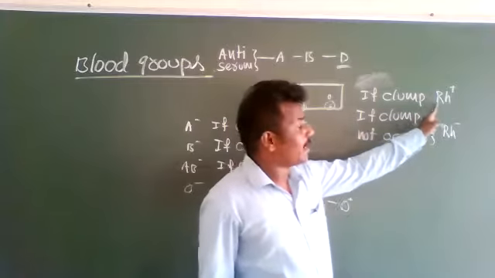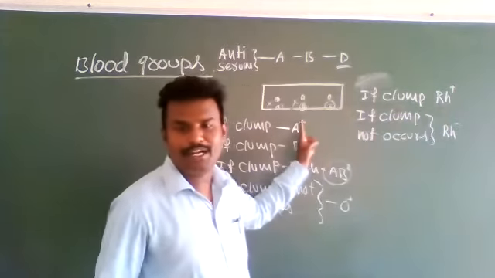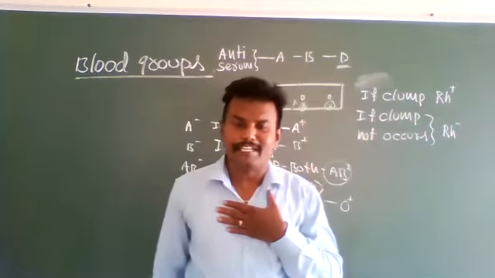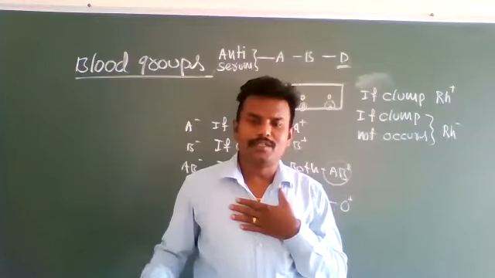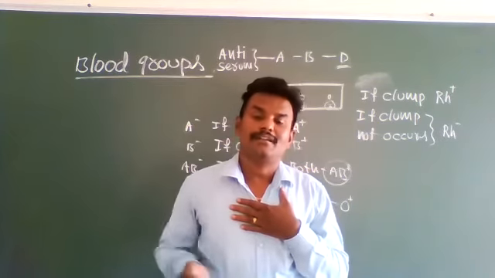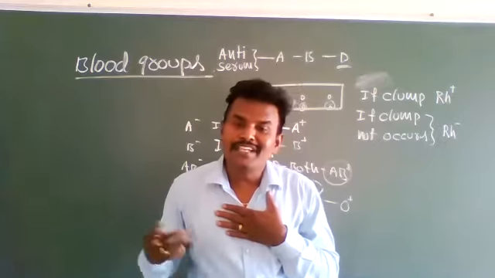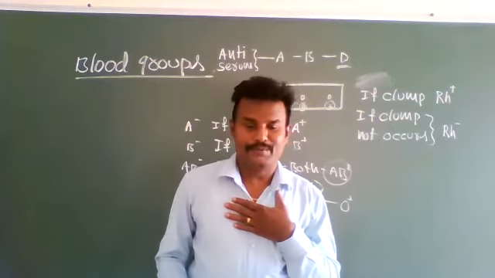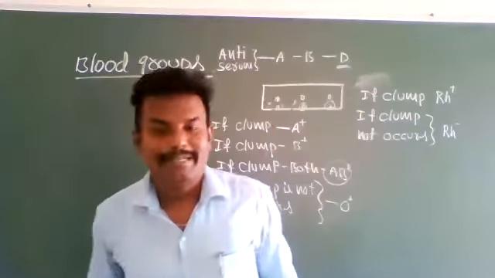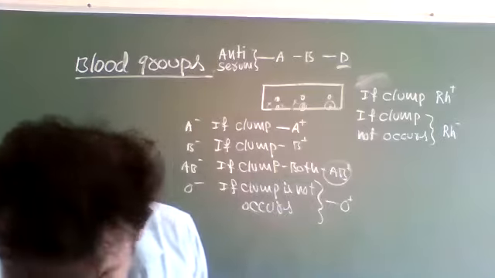If the Rh antigen is present and the blood group is A, we add positive to it: A positive. If the blood group is B and Rh antigens are present, then B positive. If my blood group is AB and Rh factors are absent, then AB negative. Like that, it will be decided. Now we will see about the Rh factor.